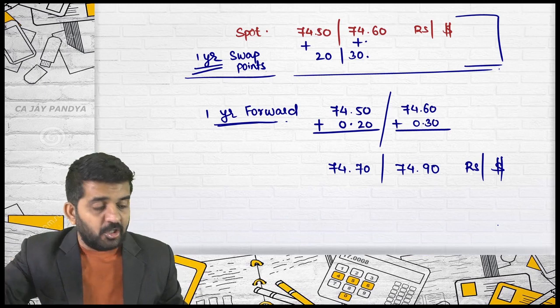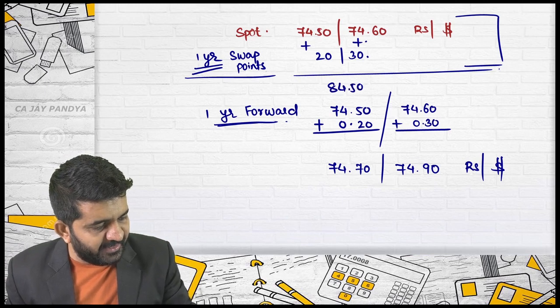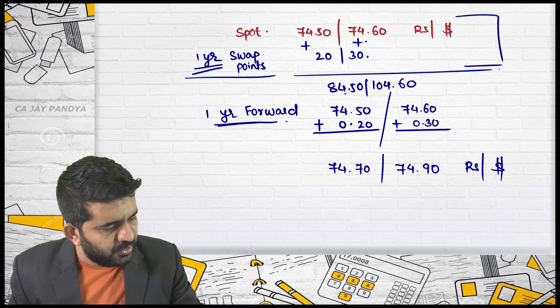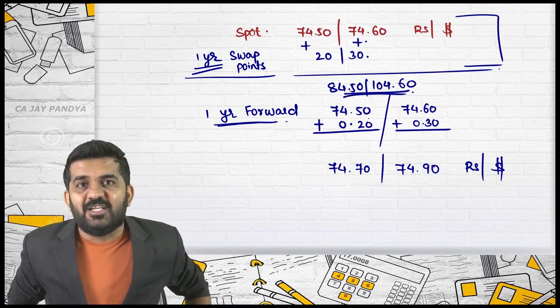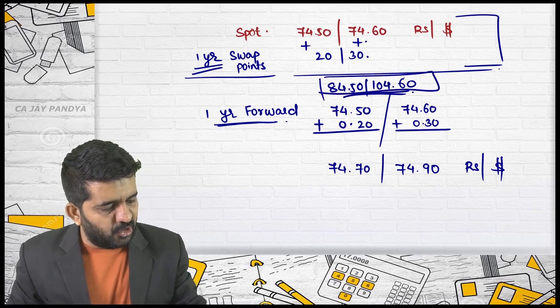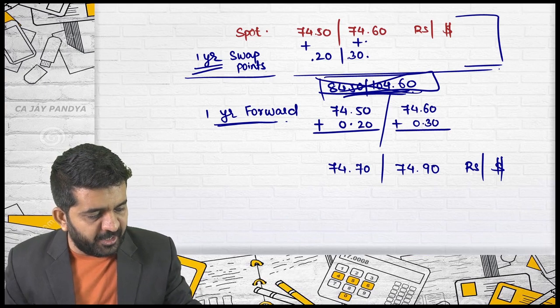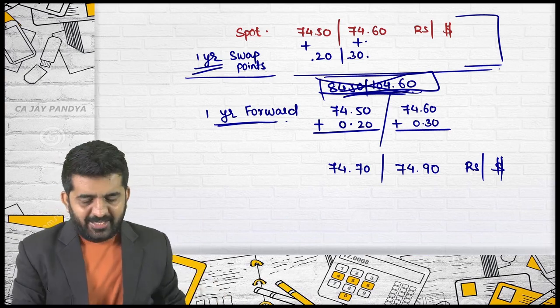See, what a logical person will do is this. It is 84.50 slash 104.60, that will be nothing but my rate. But this is not a correct answer. Is it all? This rate is not a correct answer. Your 20 should be treated as 0.2 and 0.3 automatically. Like in this case, try to concentrate.